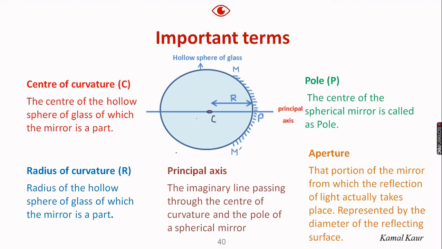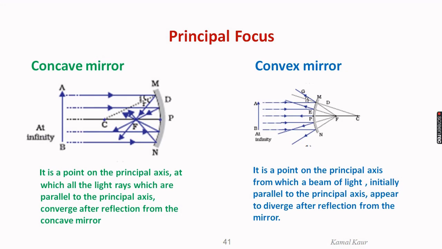Now the next important term is principal focus. For locating the principal focus of a spherical mirror, we need to keep two things in mind. First, object should be placed at infinity, means far away. Second, if the object is at infinity, rays will always come parallel to one another. So in case of concave mirror, parallel rays from infinity come and fall on the mirror. As it is a converging mirror, all these rays will meet at one point,